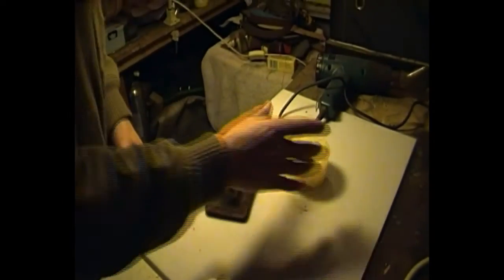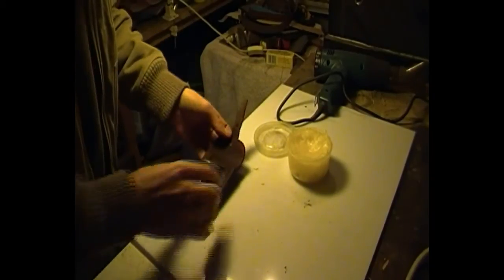And now what we need to do is wax proof it. For this I just use some paraffin wax, which is designed for wax jackets and things like that, but it works really well on leather and gives it a nice soft waterproof outer. And to do that, what we need to do is get some on a cloth